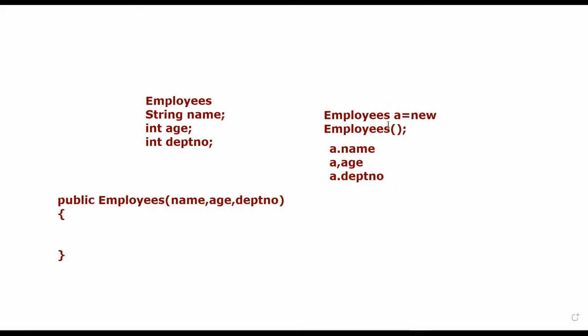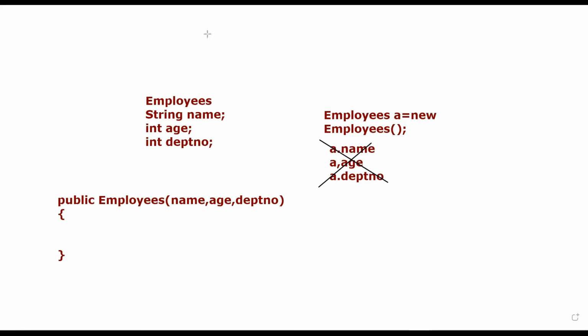I mean, both of them will solve your purpose, but here the line of code is exceeding. It's like too many lines you have to write if the number of variables or properties is more. Instead of writing this again and again, you can just create one constructor with parameters and pass values in these brackets. So this is a wrong approach.